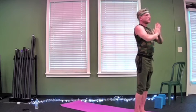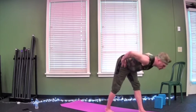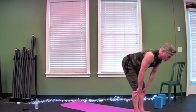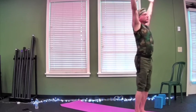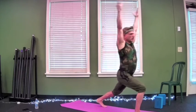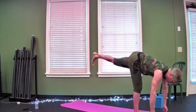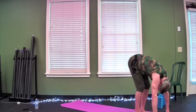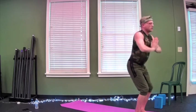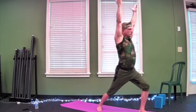Rise, heart center, lunge left, warrior one, pyramid prep, pyramid, warrior three, standing split, forward fold, halfway lift, forward fold, inhale rise, exhale chair, inhale rise, heart center, lunge right, warrior one, pyramid prep, pyramid, warrior three, standing split, forward fold, halfway lift, forward fold, inhale rise, heart center, chair. One more time through, home stretch, lunge left, warrior one, pyramid prep,